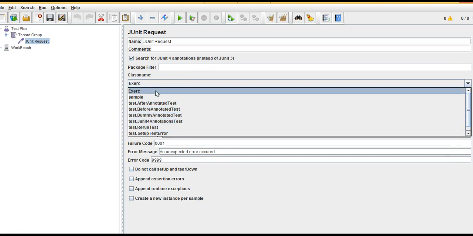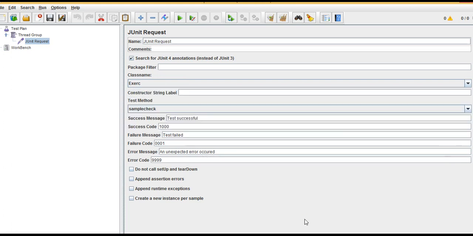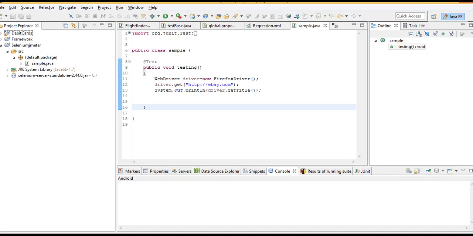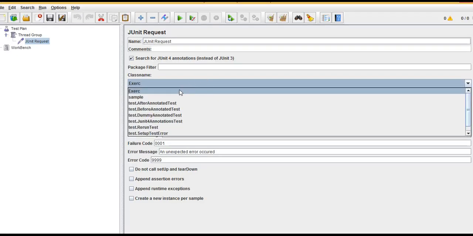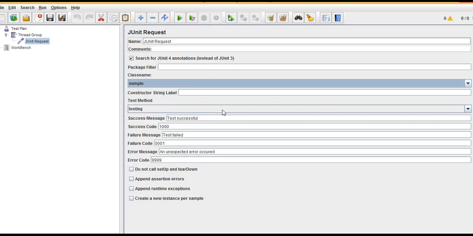I think it's not displaying here. What is the class name here? Class name is sample. Okay, sample we have.